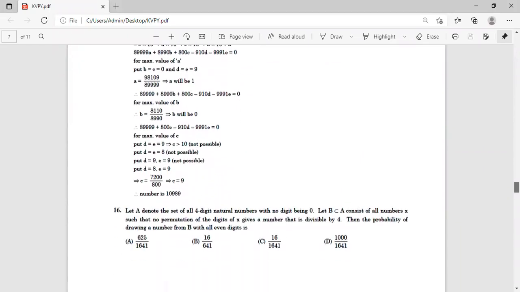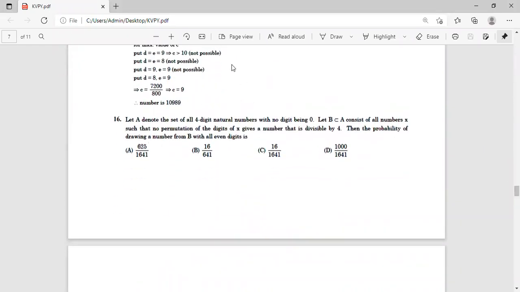So now let us come to 2 marks question. Last 5 questions, 2 marks questions in maths. So you have 15 questions of 1 mark and 5 questions of 2 marks. Here negative marks is 0.5 and here negative marks is 0.25. So let us come to 16th question now.